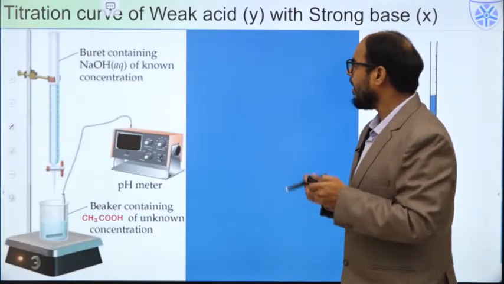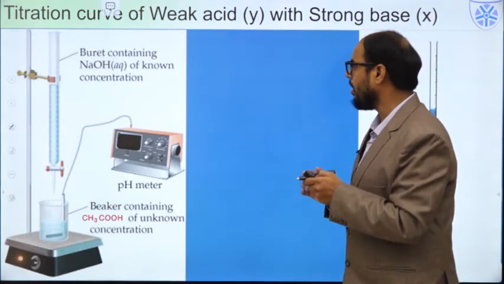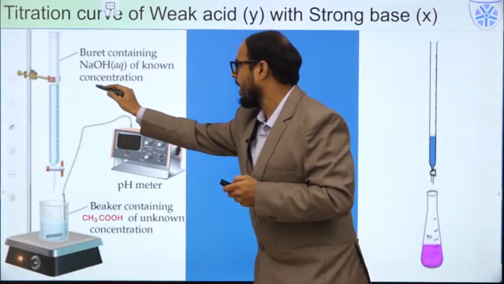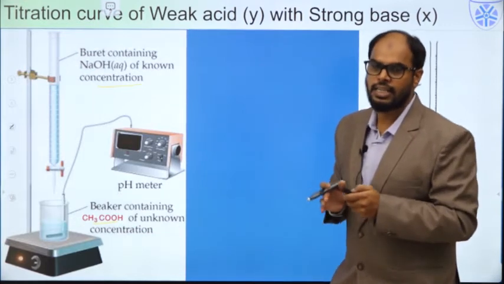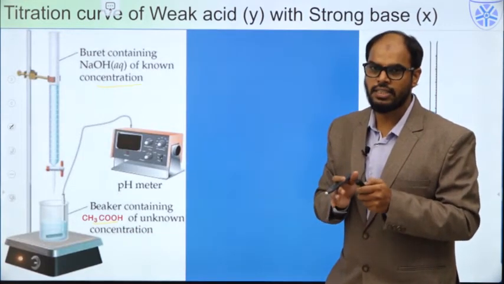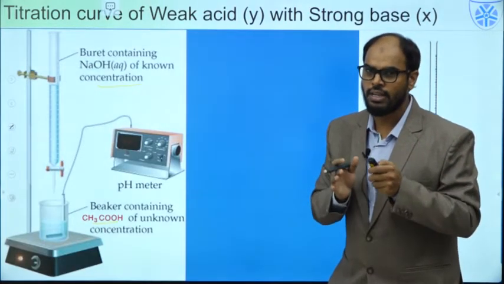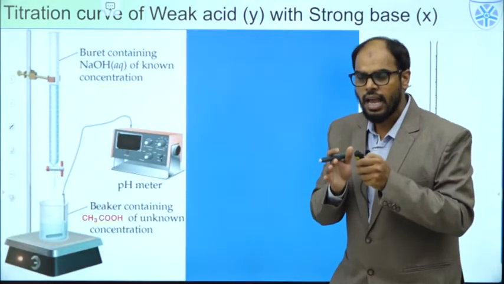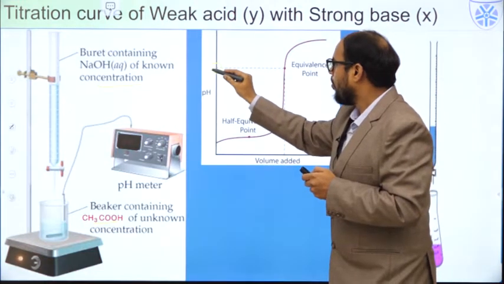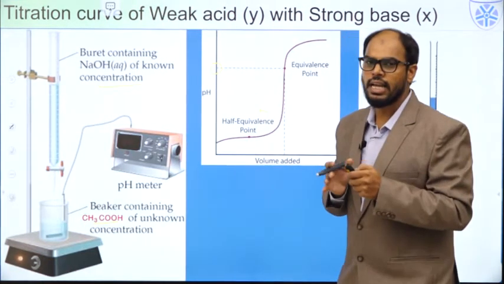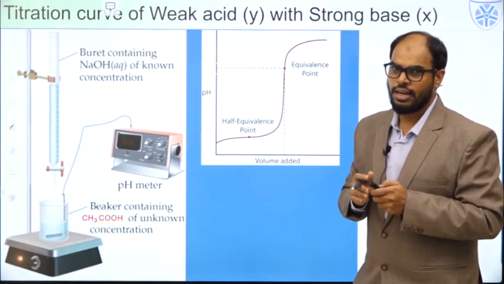Let us try to understand the titration curve of a weak acid with a strong base. In this situation, we are going to take sodium hydroxide as the titrant and acetic acid as the analyte. And this acetic acid is a weak acid which has a small acid dissociation constant. So when compared to HCl, acetic acid will have a lower acid dissociation constant. We can see that we have a pH value more than 7. It is not exactly 7 as we have seen in the case of a strong acid, strong base titration curve.